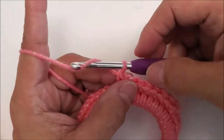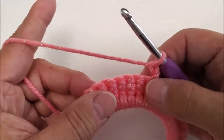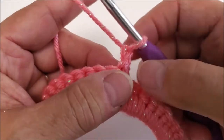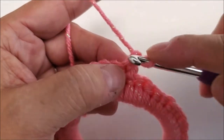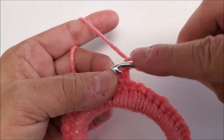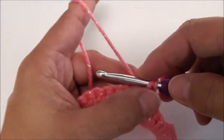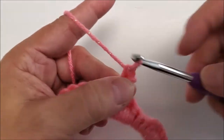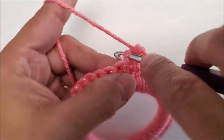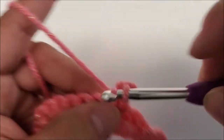So now we're going to yarn over, chain 1, and we're going to turn our work. Now we're going to be working the same thing, single crochet stitches, and we want to make sure we make one into this very first stitch right there. We go right into there, yarn over, pull up a loop, yarn over, pull through 2. Then right here, we're going to go in through both loops at the top. Pull through